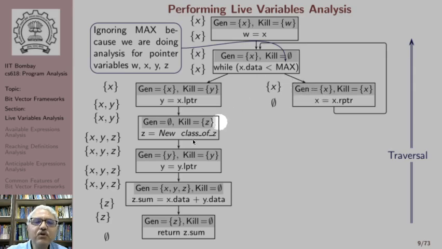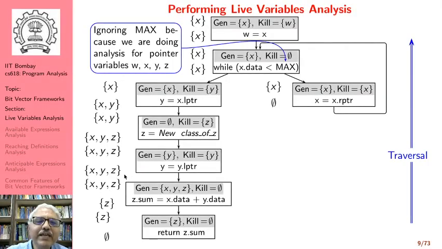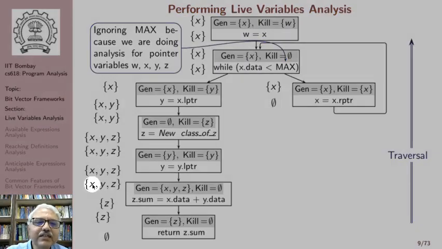So when we perform this analysis, what we get is here Z is live. So therefore Z is live here, Z is live. These sets indicate, so this set says this is in of this particular basic block. This set says this is out of this particular basic block. And applying the data flow equations, we find that X is live here and here X is live, because we are going to remove X from the empty set and add this X to it, because we are going to do in is equal to gen union out minus kill.